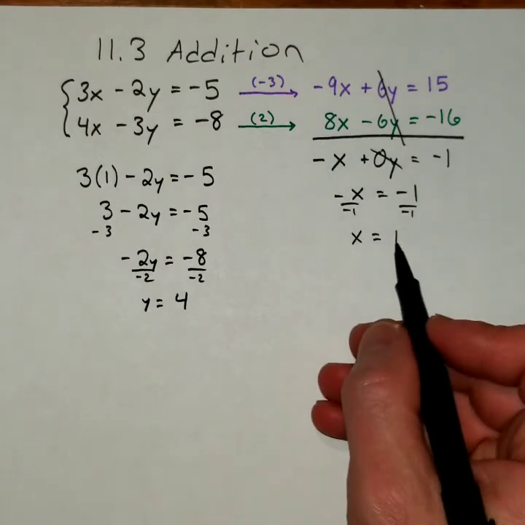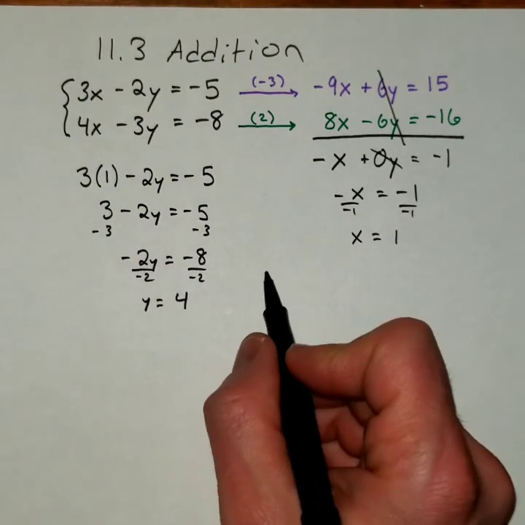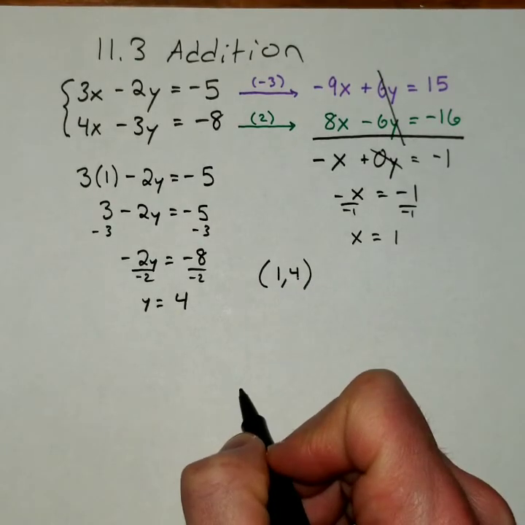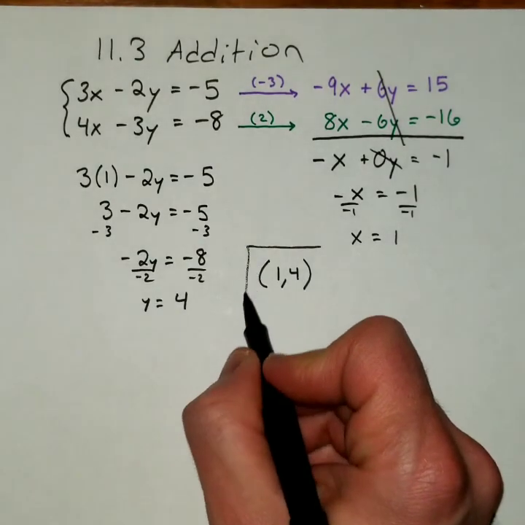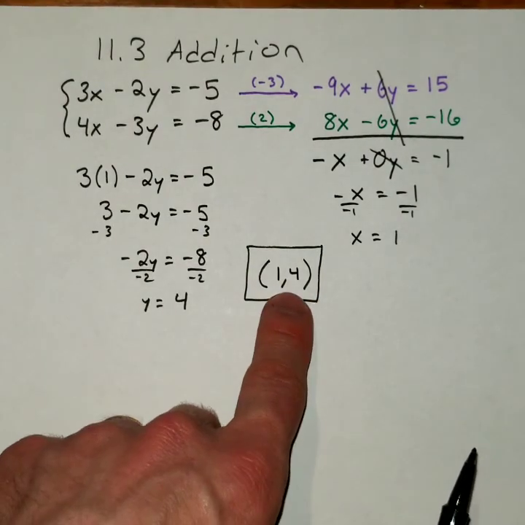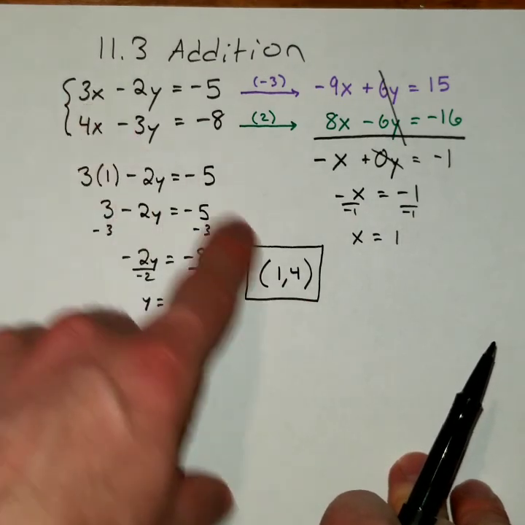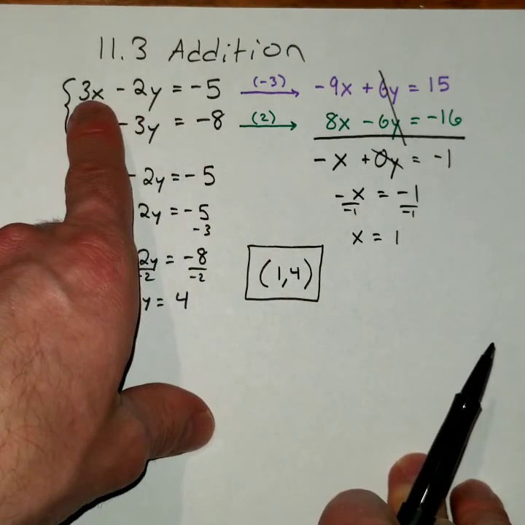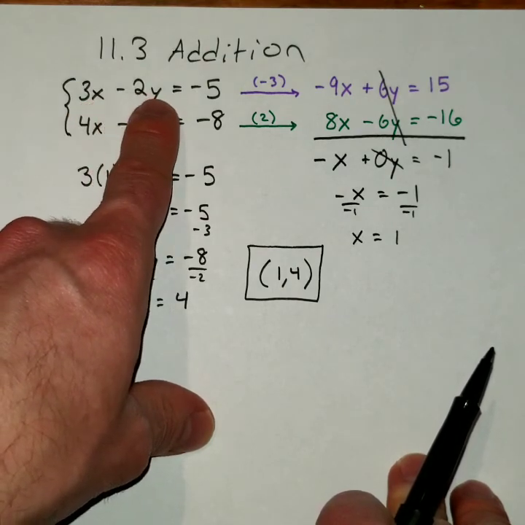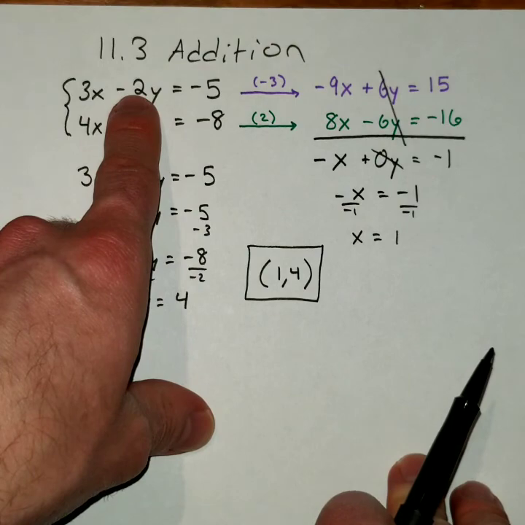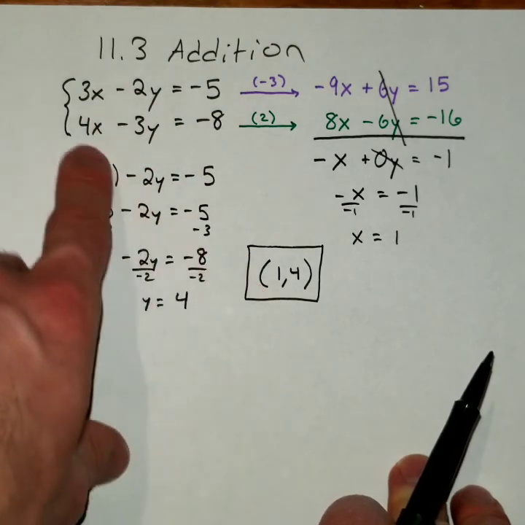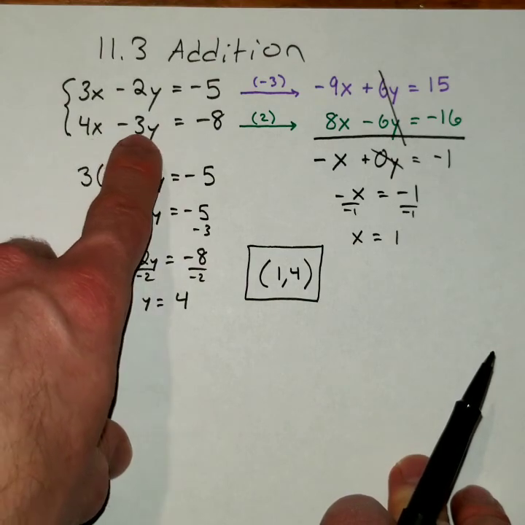So now I have my x value 1, my y value 4. The solution has to be the ordered pair 1, 4. Okay, let's box that in. Now just to double check, 1, 4, plug the 1 in for the x, the 4 in for the y. 3 times 1 would be 3. 4 times negative 2 would be negative 8. 3 and negative 8 gives you negative 5. That works out. 4 times 1 is 4. Negative 3